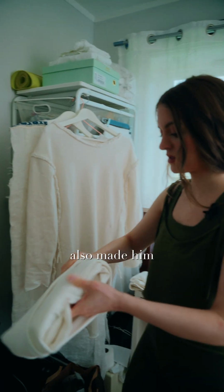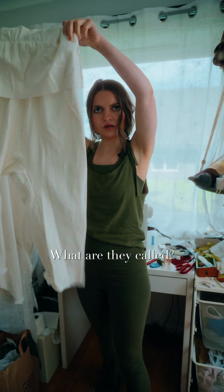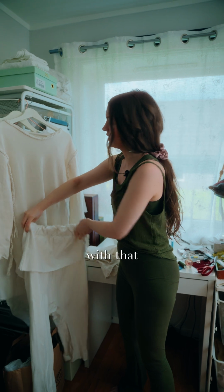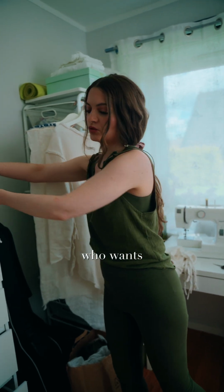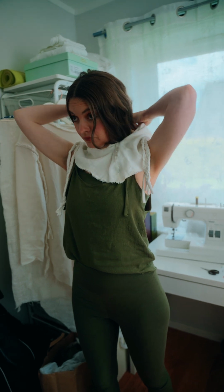And I also made him some hippie pants, very sort of harem, what are they called? Harem pants, I think. So this combined with that should be cool. I also made a hood, but I'm unsure who wants to wear that. We'll see who will wear this, but